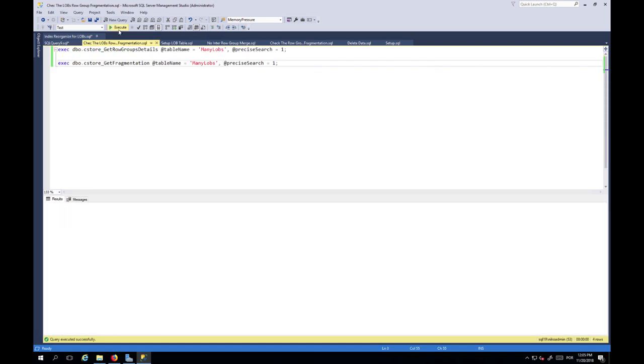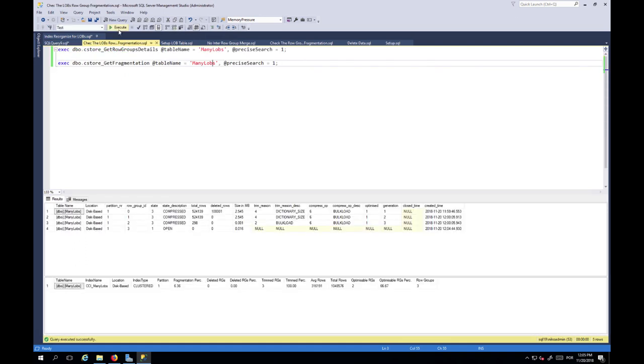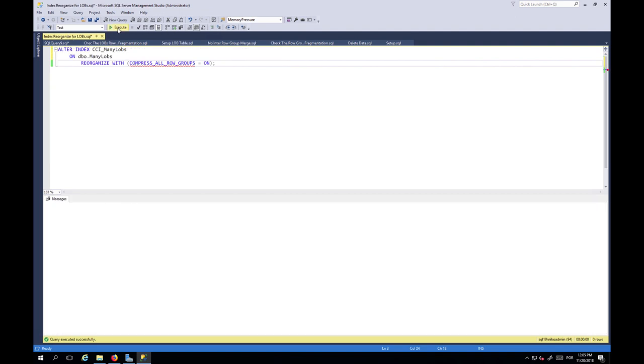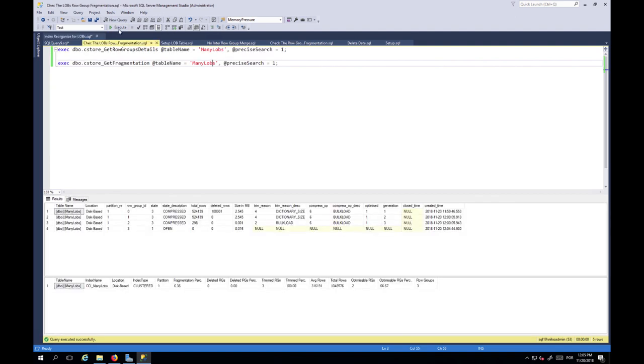Because we have one single row which is absolutely and disastrously waiting for a rebuild operation. But the thing is, no matter how frequently I run my maintenance, I have an open delta store as a bonus for some reason,